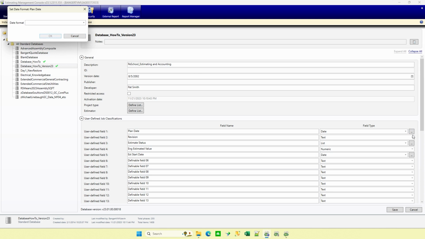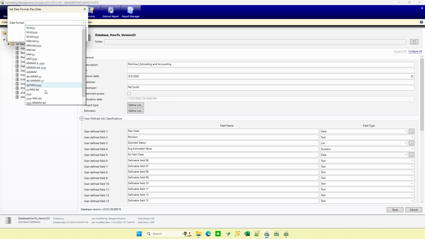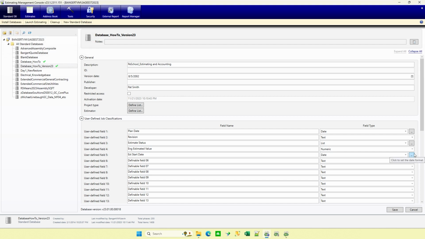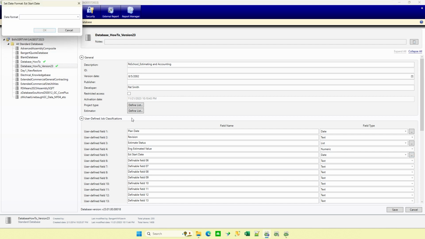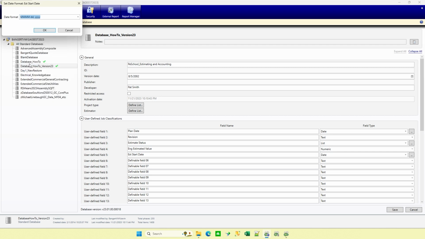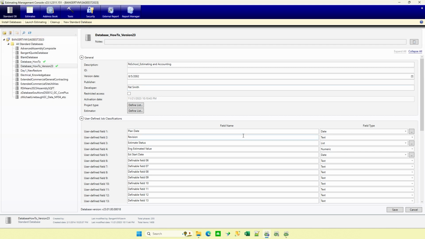And on my dates, I forgot to mention there were three dots on my dates where I could go and choose how I want to format that date. In my case, I'm going to pick a month, day, year variation, and maybe I'll do the similar thing down there. But you see, you've got a lot of different variations of how you want to see it. Maybe I want it to be just a year, or a month spelled out. Matter of fact, maybe for this estimated start date, I'll do a different one so we can see the differences a little bit.